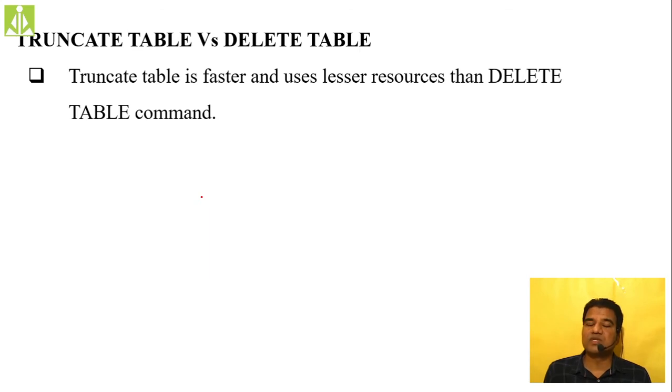Okay, internal resources, whatever we need, because the delete command will work row by row. First it will check whether there is any where clause, and if there is no where clause, it will delete all the rows, row by row. Whereas truncate table uses minimal resources and is faster when compared to the delete command, and it will simply flush your table. It will not do row by row deletion. It will take the table to the created state, the new state, we can say, as if you have not done any record entry.